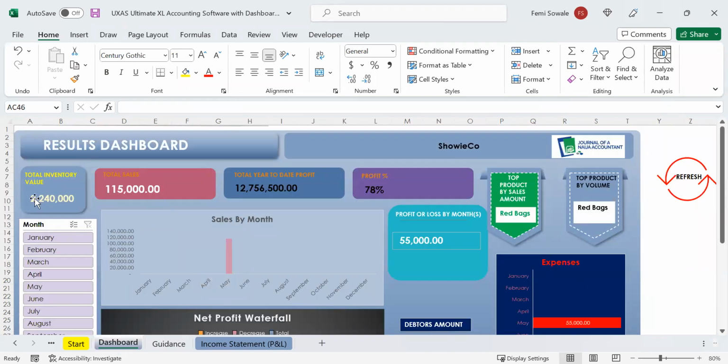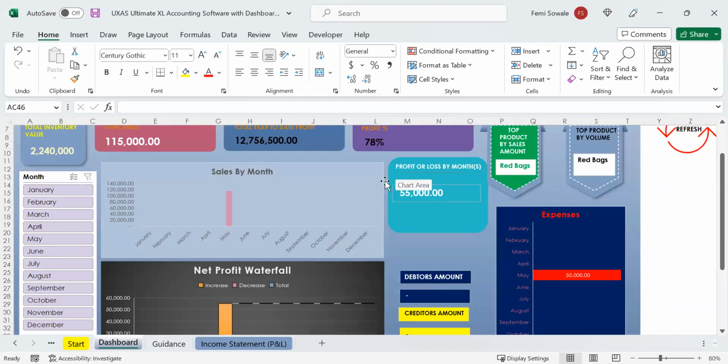You can see your total sales. You can see your total inventory value, okay? Now, let's go back to